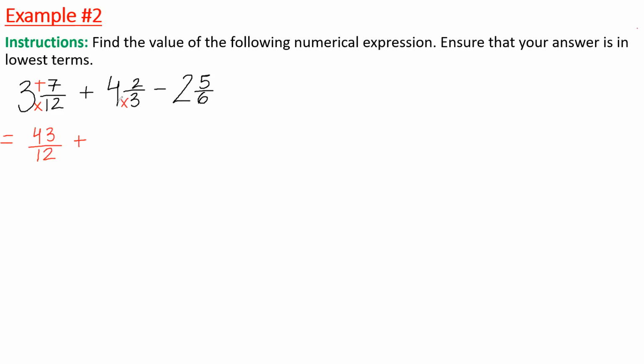4 times 3. So we do 4 times 3 plus 2. What is 4 times 3? That's going to be 12. 4 times 3 is going to be 12, plus 2 is what? 14. It's going to be 14 over what? 14 over 3, minus,